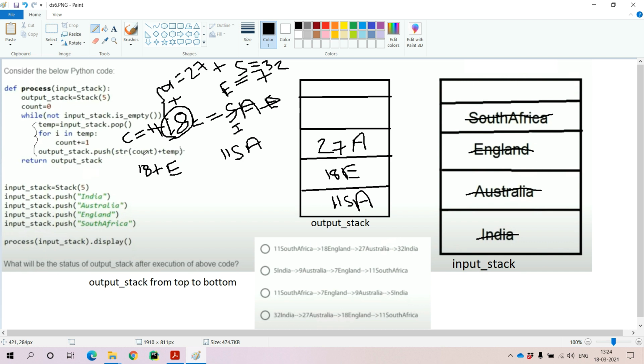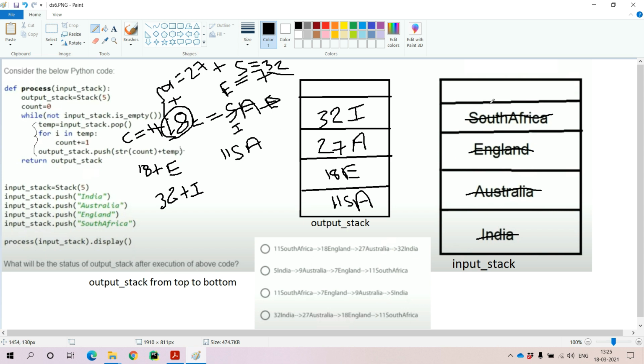That element is, as per the updated counter variable value, 32 converted into a string plus the temporary variable string India. If you perform a plus operation between two strings, it acts as concatenation. Now 32 is concatenated to the India string, and that is pushed into the output stack. Now it will iterate the while loop one more time.